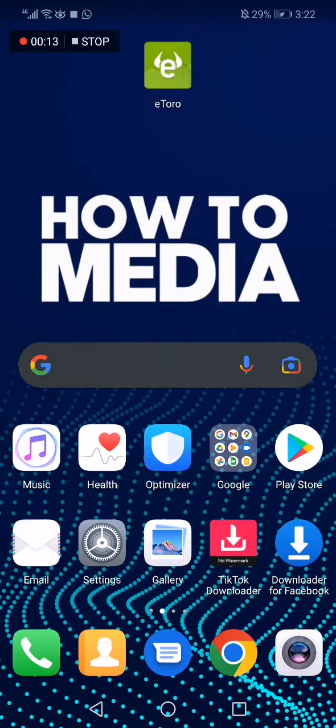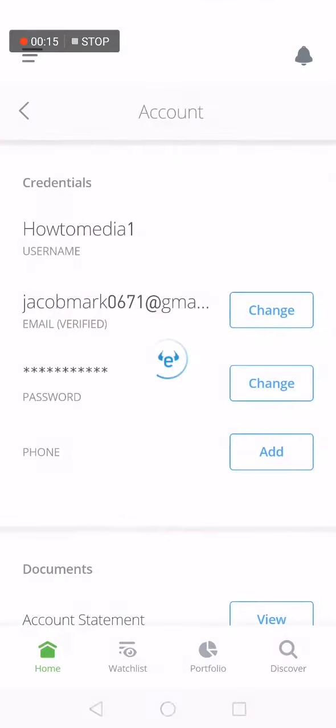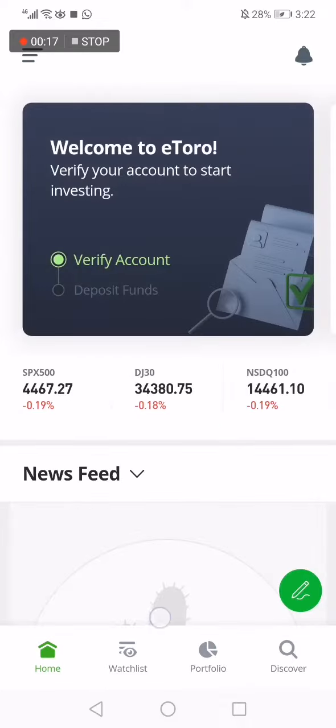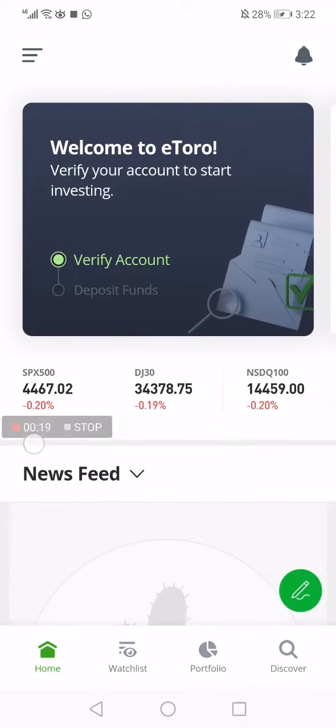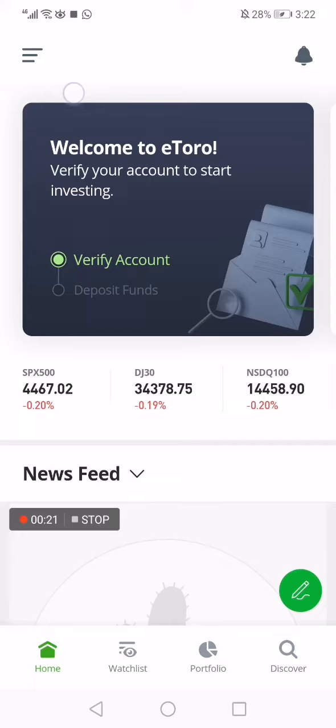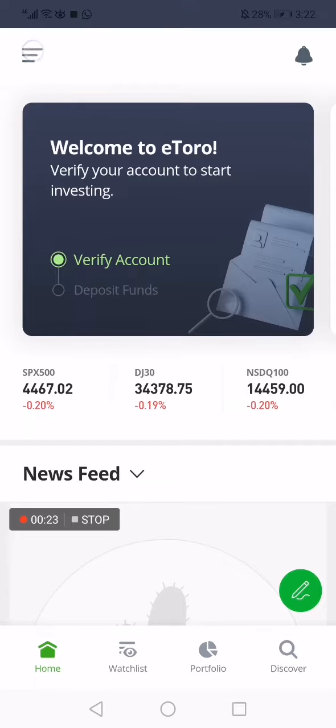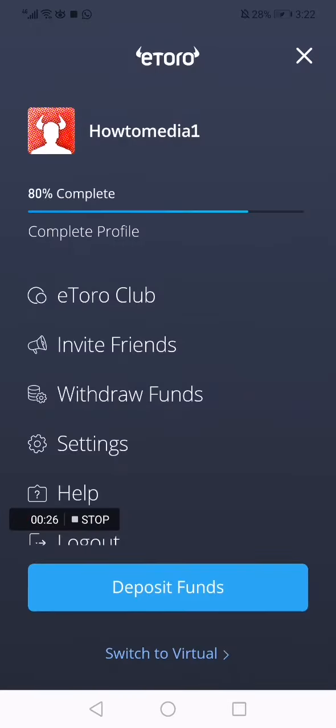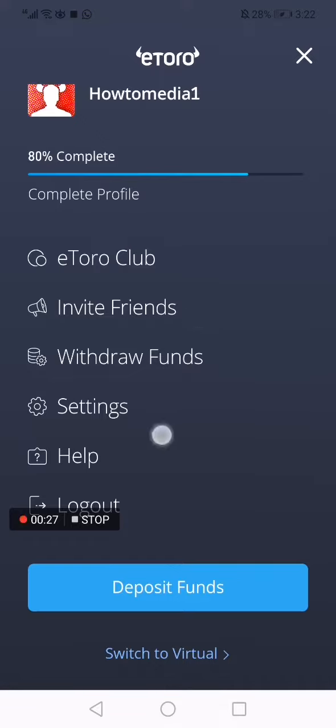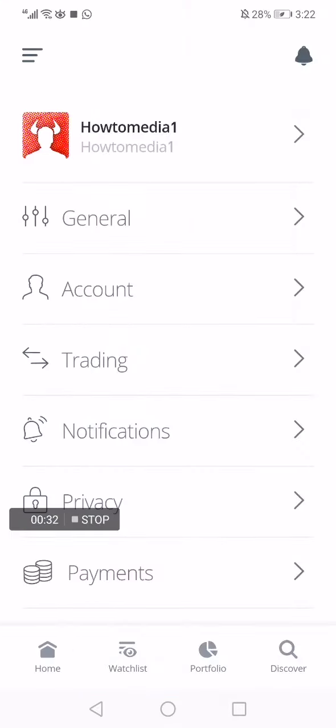So first thing we do is we go to Etoro. Okay, this is the home page as you can see. Now you go to those three lines here in the top corner, click on them and then choose settings right here. Click on settings and then choose account,